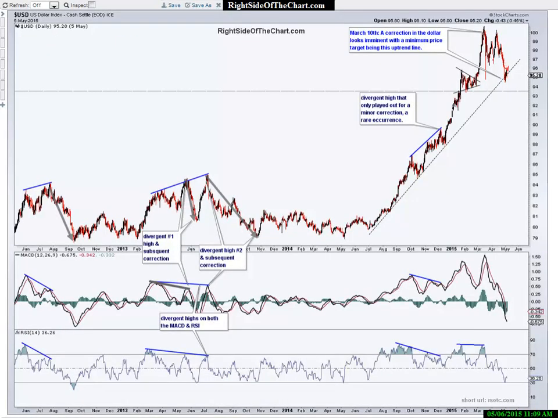Okay, here we go. This is the updated U.S. dollar chart. So that's, back here on March 10th, that's where we were. The dollar started that sharp correction, had one thrust up, failed to make a new high, and boom, that's all she wrote. So, my initial pullback target was hit on this U.S. dollar chart. Keep in mind, this is from stockcharts.com, and as all U.S. dollar index charts are, they're end-of-day charts.